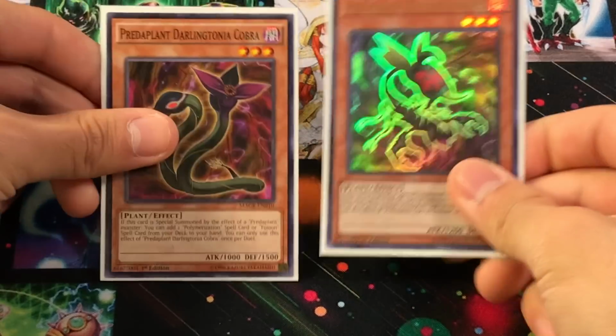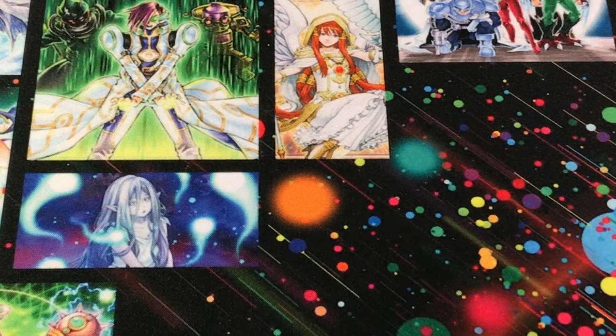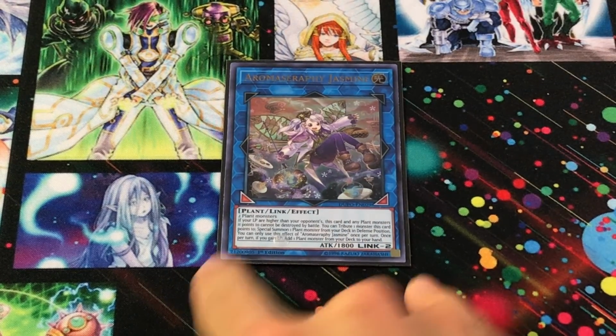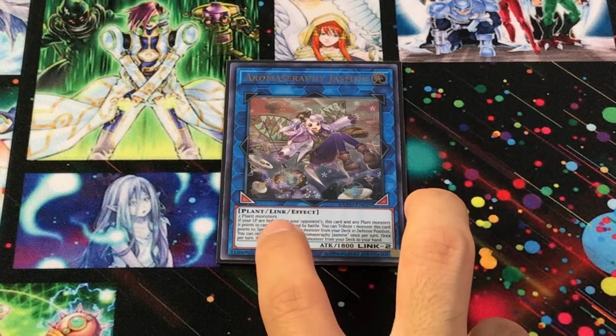From here, you have 2 plant monsters, and that's the biggest thing. Yeah, I know I use the Predaplant engine quite a bit on the channel, but the whole point in this strategy is it is the most efficient way for us to consistently summon our Aromaseraphy Jasmine, which opens up 2 link zones and lets us accomplish all of our goals using its 2 plant-based